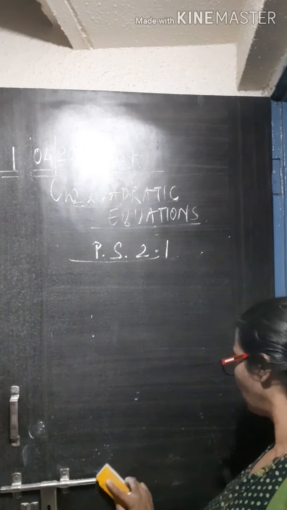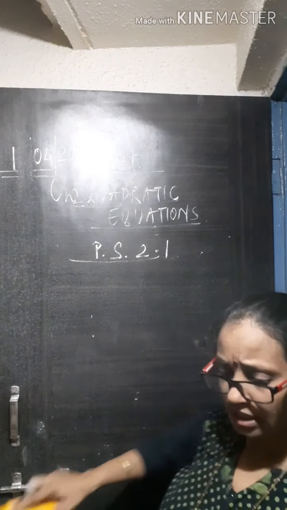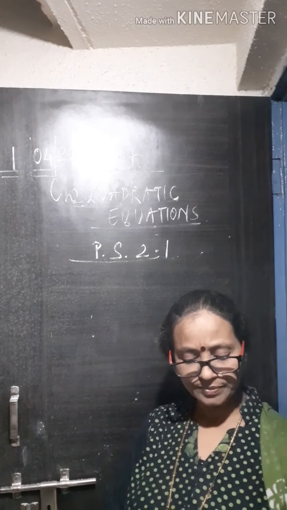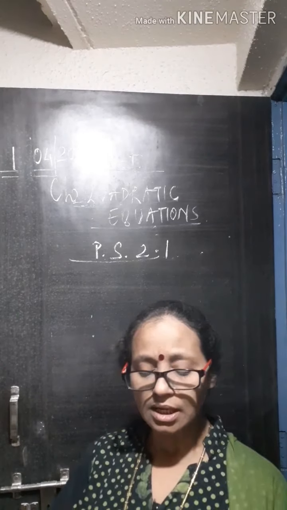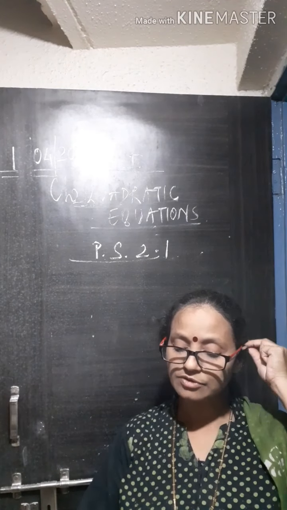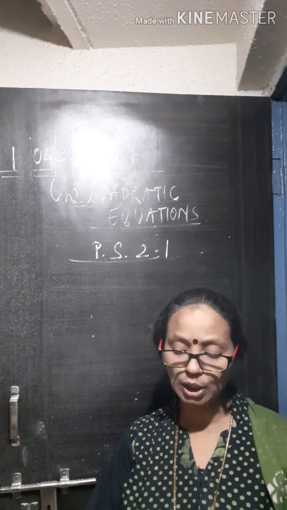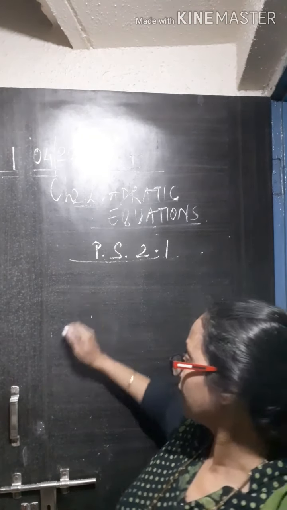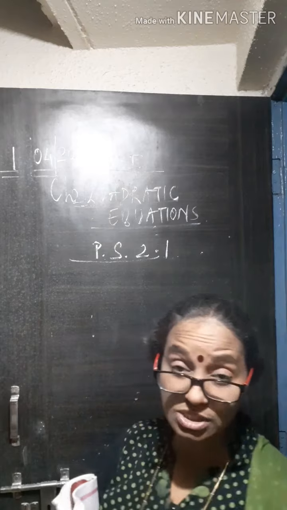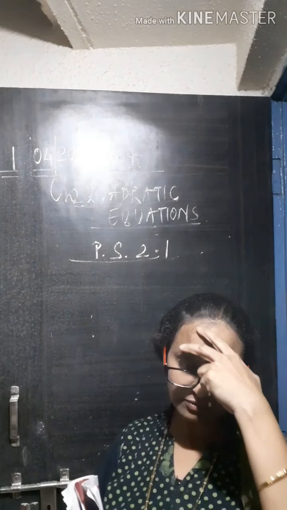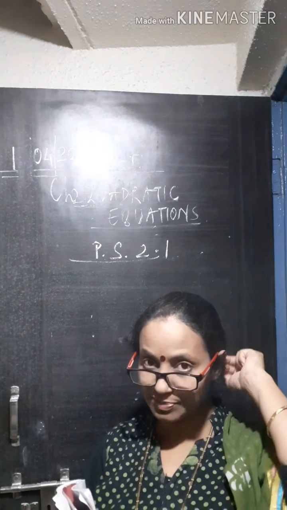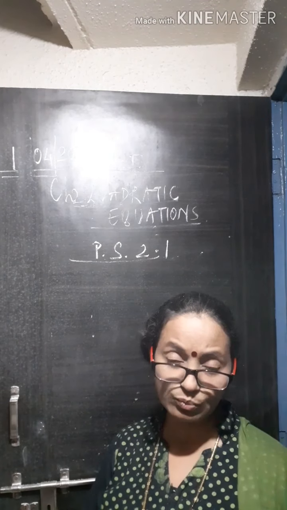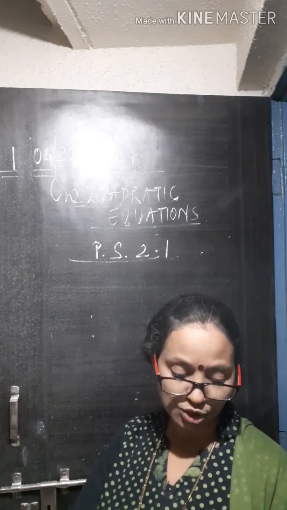Now question number 4, here they have given a particular term. What is that question? Let us read. Determine whether the values given against each of the quadratic equations are the roots of the equation. Now first of all we need to understand what we mean by roots of the equation. For that we will solve the first part of this question, and I will explain as I am solving what we mean by roots of the equation.